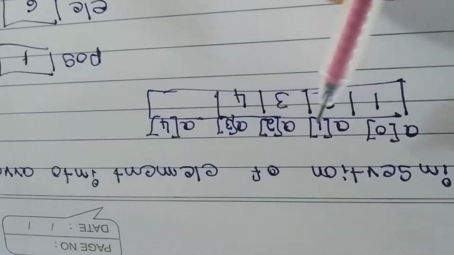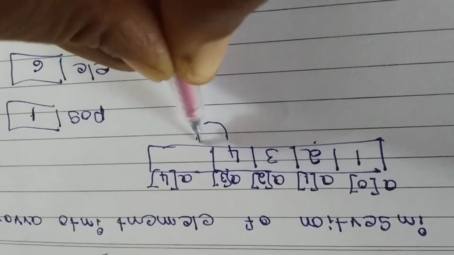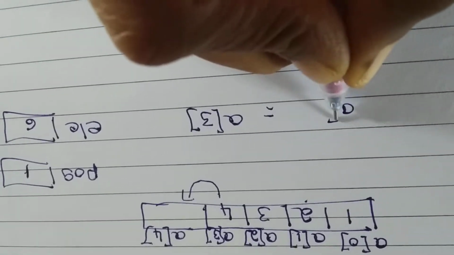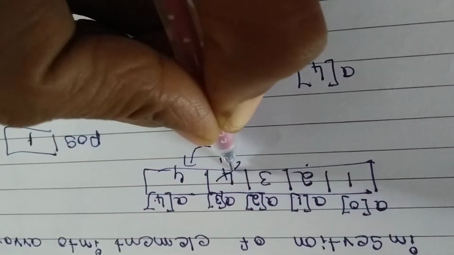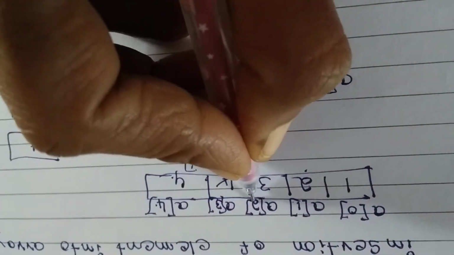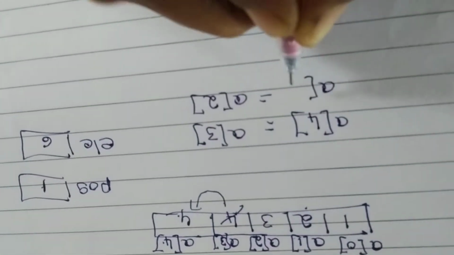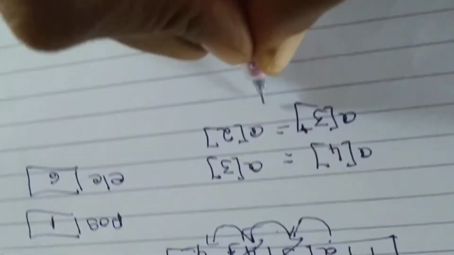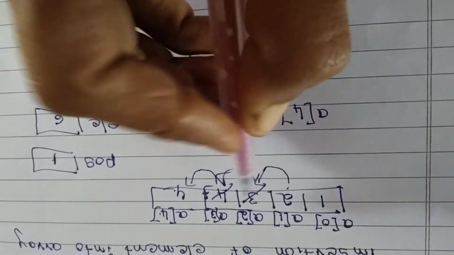Already in position 1 we have some other element. So what we do in arrays is we shift this element here. Means a of 3 should be shifted to a of 4. Means 4 is here. From third position to fourth position data is shifted. Now from second position to third position, a of 2 should be shifted to a of 3. Now 3 will be here. Now from a of 1 to a of 2 elements should be shifted. So 2 will be here.